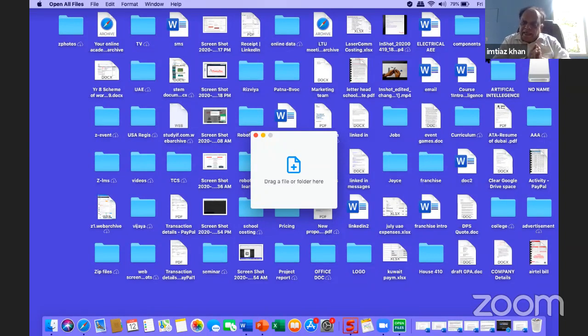Now, the second level is learning the programming. As we have shown, you can do it in C programming, you can do it in Robot C, you can go to still more advanced Arduino, you can go to still more advanced Python training programs, Raspberry Pi. Then you can go to machine learning. Each component, each controller has a different programming language. You have to learn this programming language, then only you can build a robot.